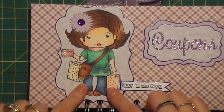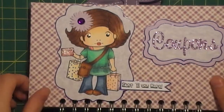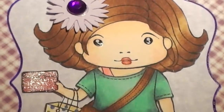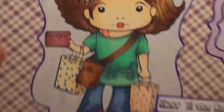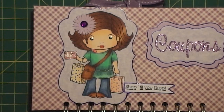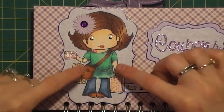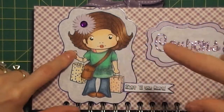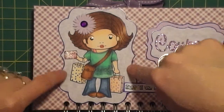So yeah, okay, so colored her. I put some glossy accents on her eyes just to see what that would do. And it doesn't look like the camera's, oh, right there you can see it. I wanted to see if it would give that real glimmer that you get when the light hits your eyes just right. So colored her, glossy accent, Wink of Stella,